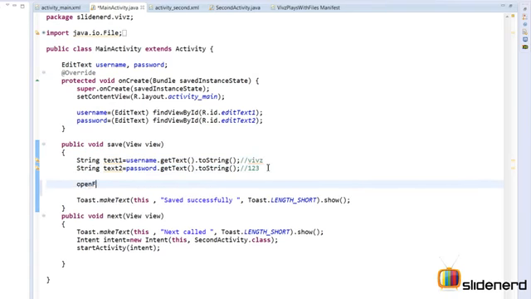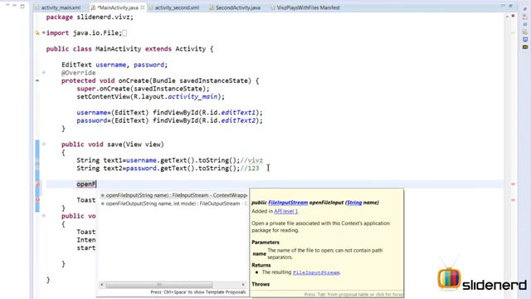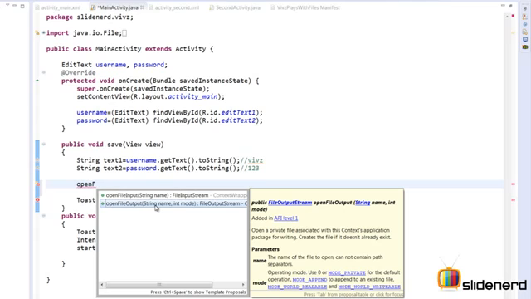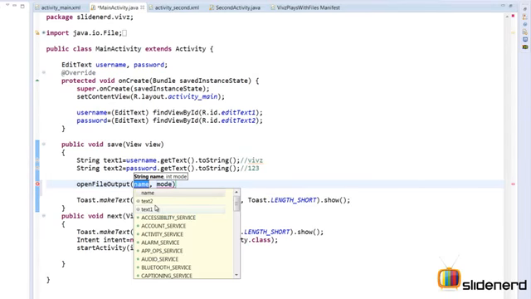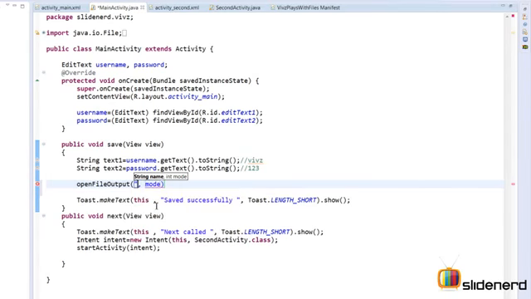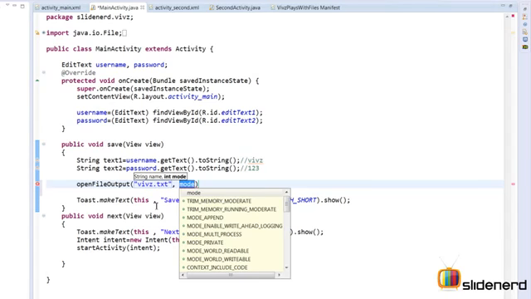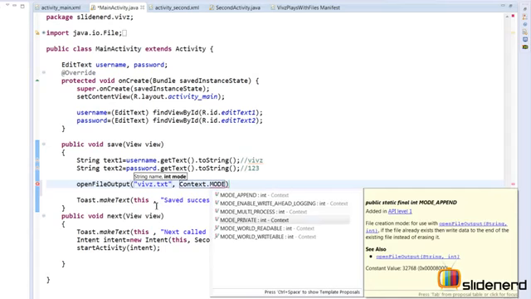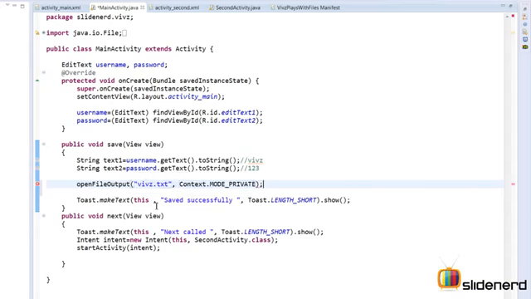So I'm going to call openFileOutput, which is going to be responsible for writing data. As you notice, there's a second method which we're going to use. I'm going to say openFileOutput, the name of the file that we want to store the data inside. I'm going to say vivs.txt over here, and then the mode, which means who else can see the data written by this app. I'm going to say Context.MODE_PRIVATE, which means only my app can see all the data. Now this is going to give me an object of FileOutputStream, which I'm going to call